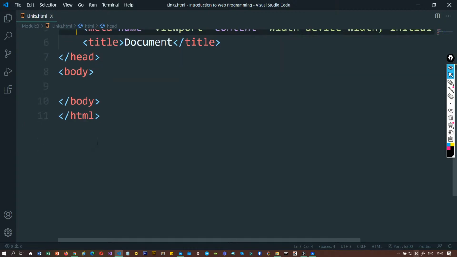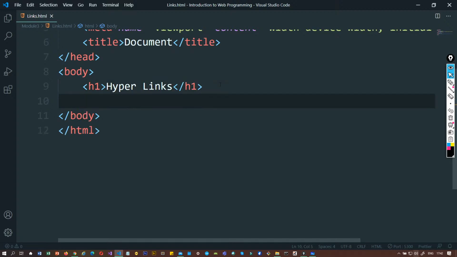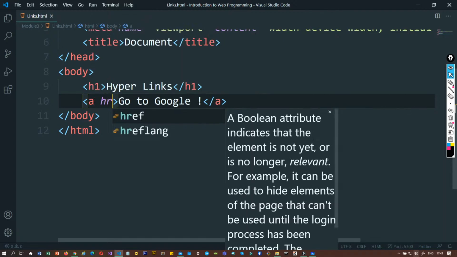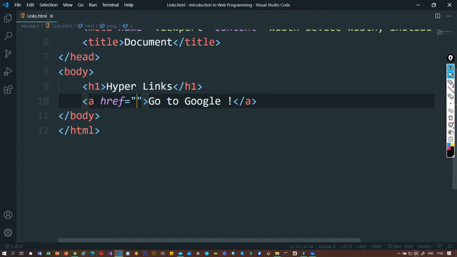So here we are interested in having the links, and the heading in an h1 tag which we used yesterday as well. I'm just going to say links, hyperlinks. And now I would go back and use an anchor tag. This A tag is something which would have a text within it, fine, to go to something. So let's say I'm going to say go to Google, right? Now what this specifically refers to is that I'm having the hyperreference, mapping it to google.com,